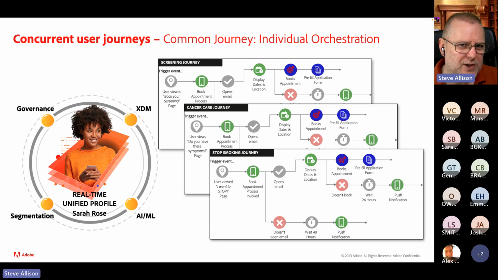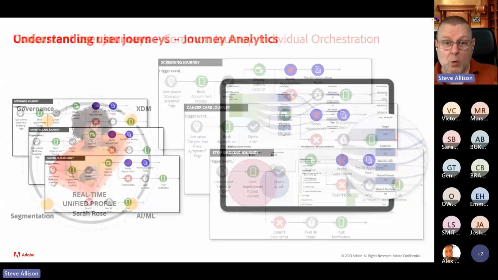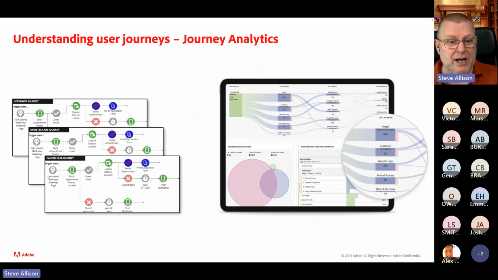How do we know those pathways are actually working for us? Well, that's where your analytics comes in. Many of you are already using Adobe Analytics. Adobe Analytics is particularly good at analyzing how people use our online and offline environments, how they use our apps, how they use our web pages, the pathways that they take through our content. Offline information can be brought in as well, so we can start to properly understand what those journeys are, and therefore use that information to help inform what those journeys ought to be when we start to design those pathways